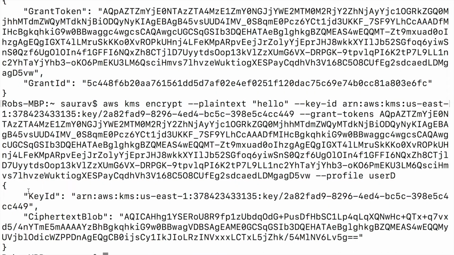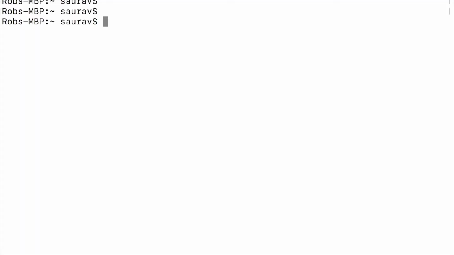And as you can see right here, I'm able to encrypt using the grant token. So we have successfully performed an encrypt operation using the grant token. What if I try to generate data keys with that grant token? So I'll say AWS KMS generate data key